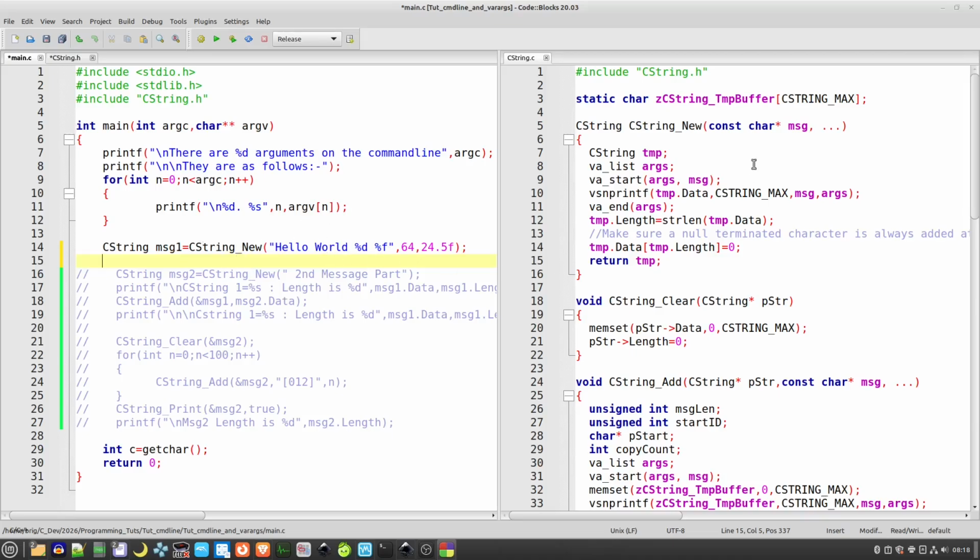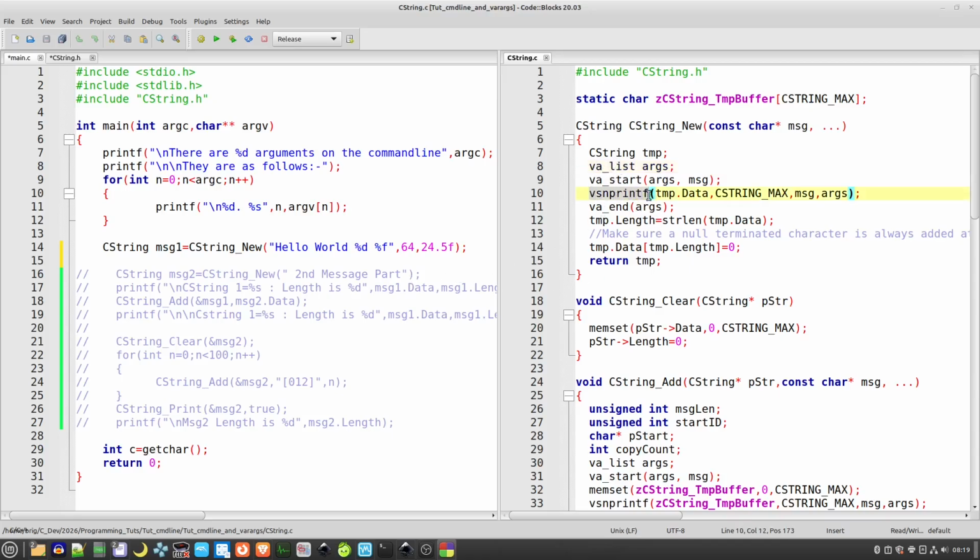So this is our string, and whatever we pass after the string is going to be put in the variable arguments list,